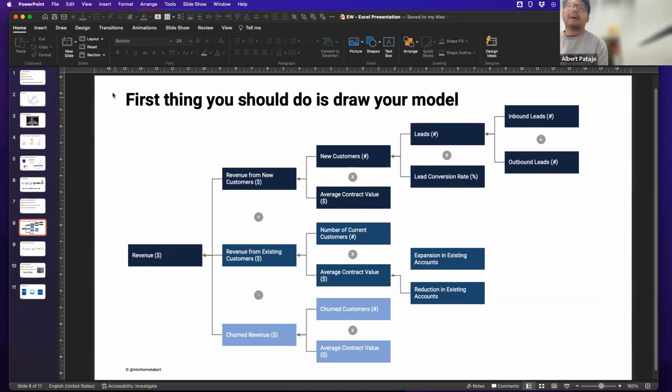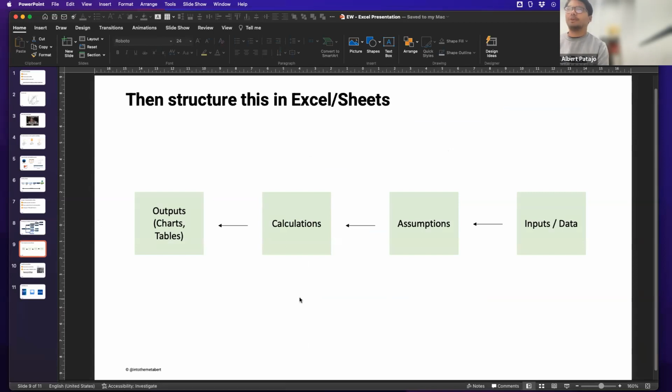So this is kind of what the approach looks like from a theoretical point of view. From an Excel point of view, it really manifests itself in a structured Excel workbook where I go inputs, assumptions, calculations, and then outputs. Once again, I'll walk through this in Excel, but at a high level, the way I structure my workbooks is very similar.